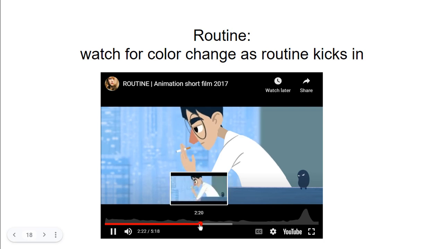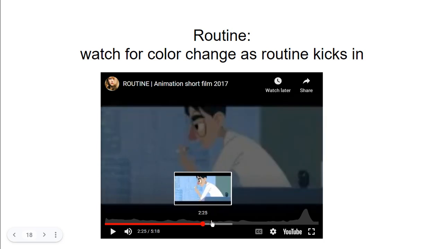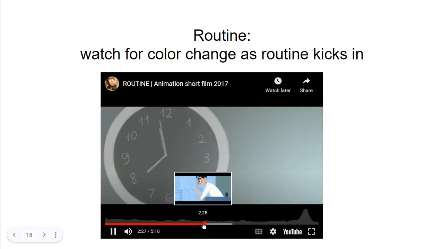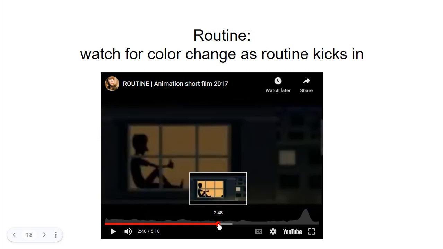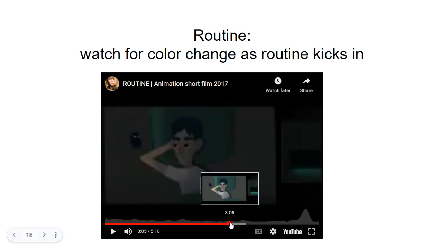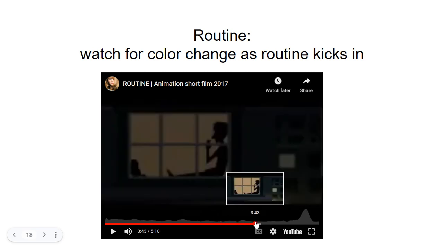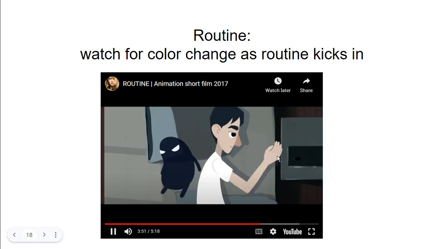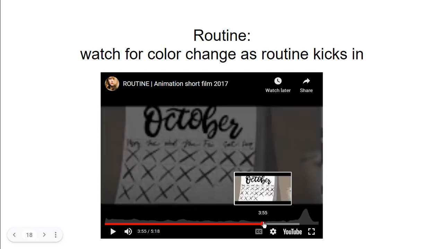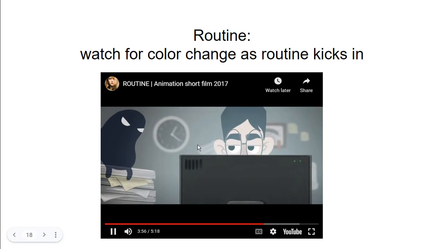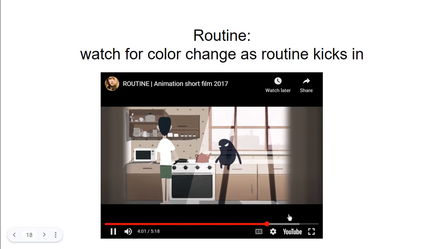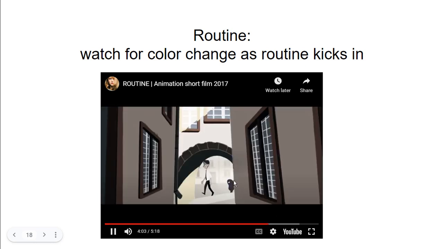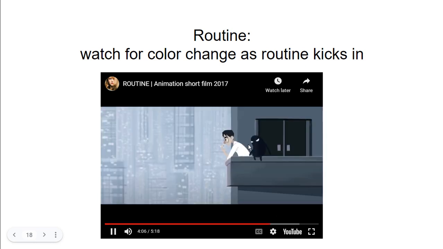There are still some warm colors, but as we move forward, the warm colors become less prominent, though they're still present. And as we keep going, now you see the colors here on the calendar, they're much less saturated, and we see more grays, and we have that character that accompanies the main